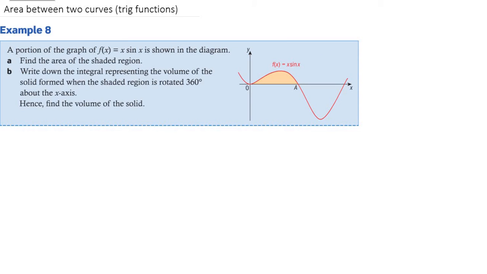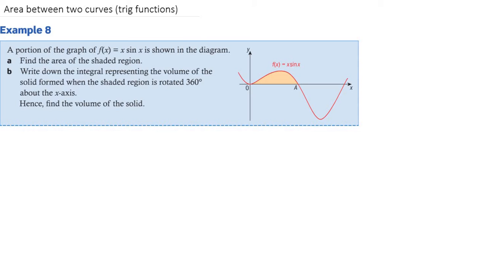While your GDC can be used to evaluate definite integrals associated with areas and volumes, it's important that you know how to write the definite integral as part of your working for that. So, when we do the area between two curves,